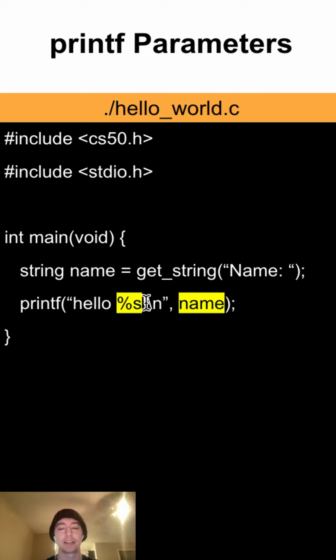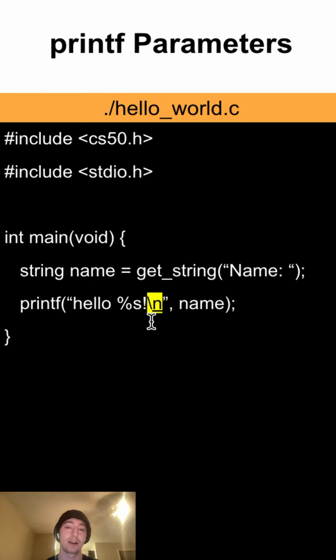So this %s, we said, okay, percent is going to give us a placeholder. What comes after the percent is s, which dictates that the placeholder is going to be of type string. And where we're actually going to say what this placeholder is going to be is when we say name, which is what we got earlier from the user that put in their input. And we know that it was a string, so it makes sense that it says string here, and it's a %s for string. And that \n, it's really the backslash can go for all kinds of special characters. But in this case, we want it to be n, which represents a brand new line that it'll